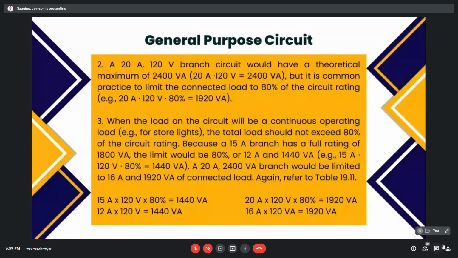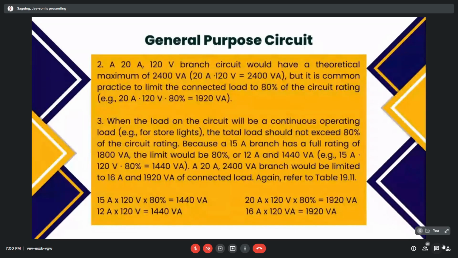Solving this, we have 15 amps times 120 volts times 80%, which is 1440 volt amps. And for a 20 amps, 2400 volt amps branch, the limit is also 80%, which is